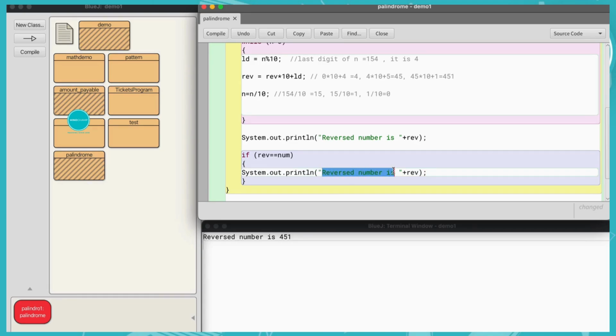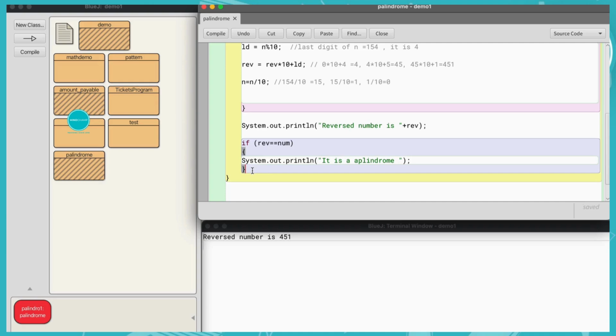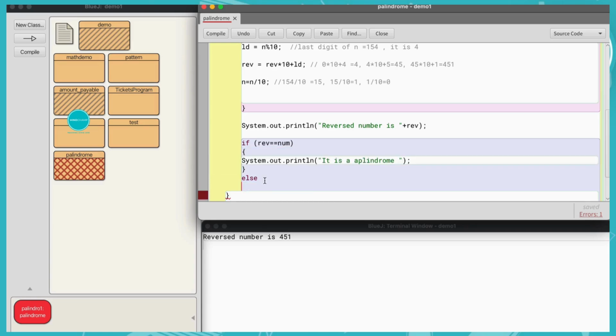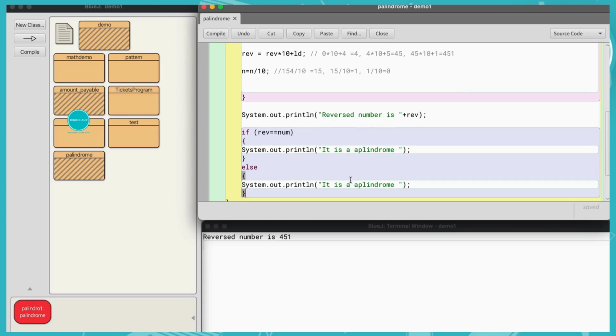If the reverse of the number is equal to the number, then it is a palindrome, else it's not a palindrome. I'll write else also here, because we have to print the reverse also to complete our program.